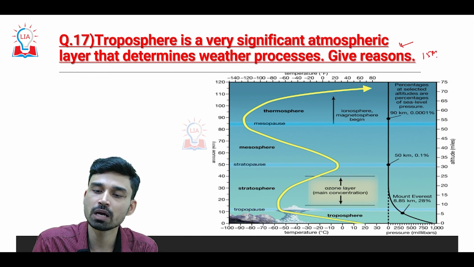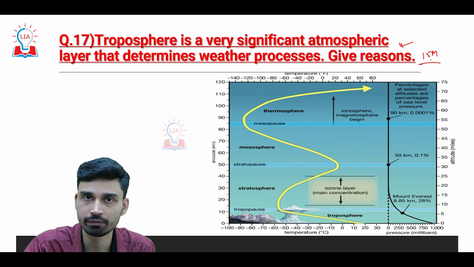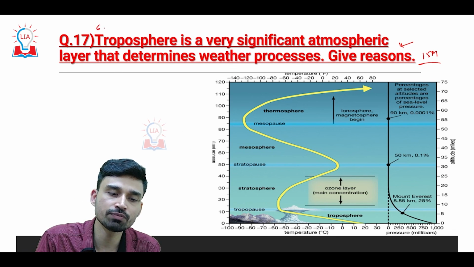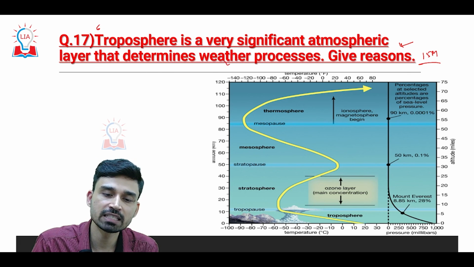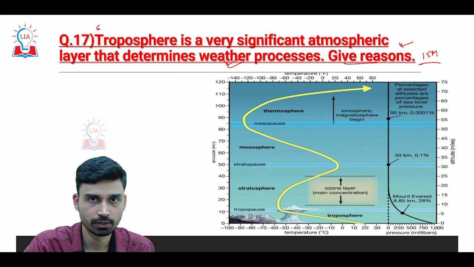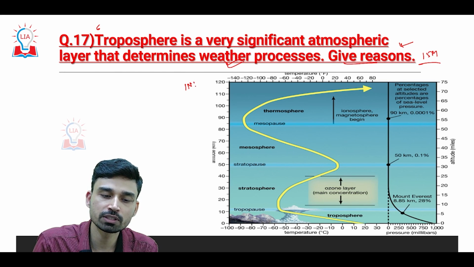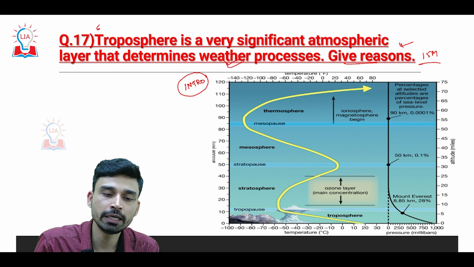It is also a 15-mark question and you have to write within 250 words. The question is related to the troposphere. The troposphere is a very significant atmospheric layer that determines weather processes. So give the region. Now the standard way of approaching this question is, first of all, in the introduction you have